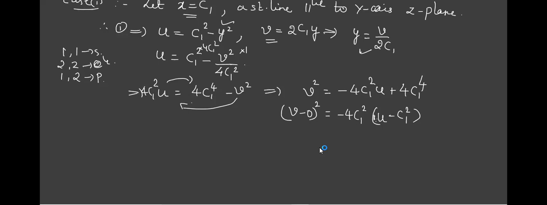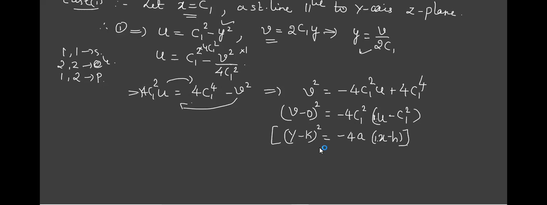I'll just tell you. We are going to compare it with a standard form where v is compared with y. y minus k the whole square is equal to, now you have a minus, I'll just write it as 4a, x minus h. If you have more than 2 terms, this is where the vertex is being shifted. Now, just see what is the coefficient of x. It has to be 1. That's why I have taken the entire coefficient of u outside. Hope now you got it.